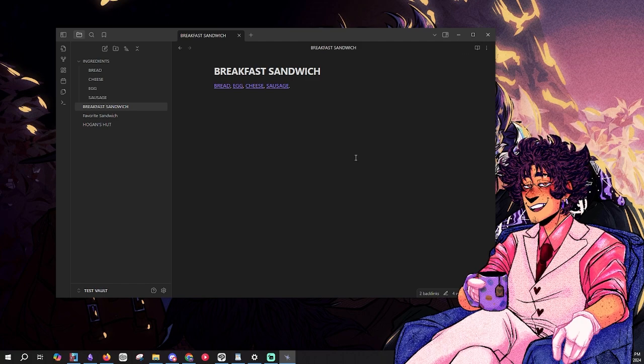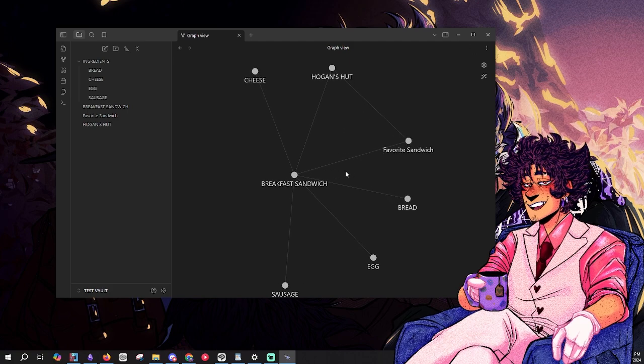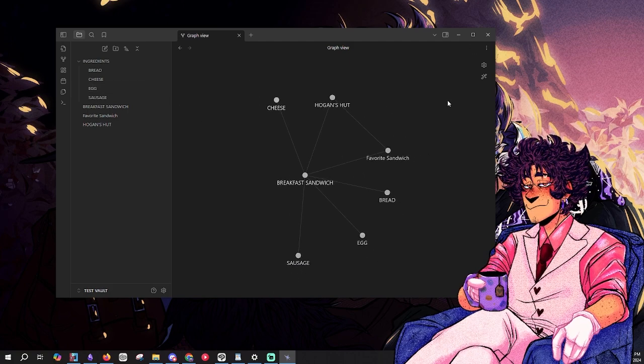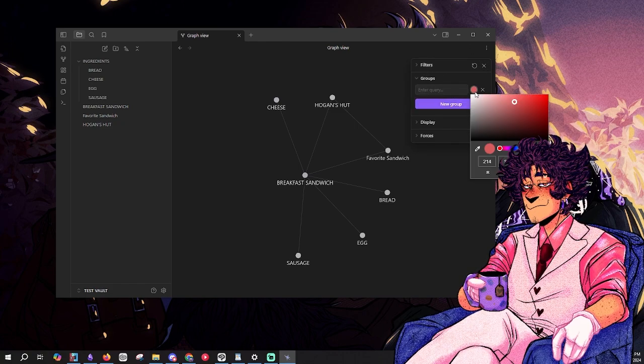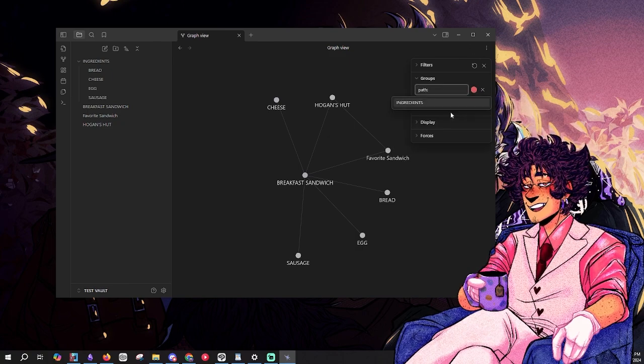You can put them in folders, and then there's something called a graph view, right? And what this does is it creates kind of like a mind map of your vault, right? This is where you start getting creative, I think, right? Because you can start messing around with groups. What if I want, we'll keep it that, but we'll say we want it to match ingredients.